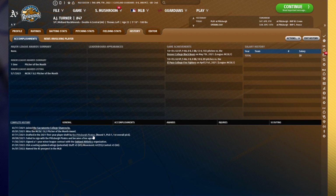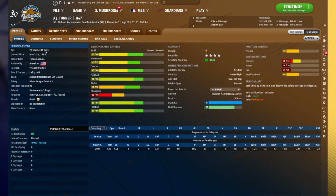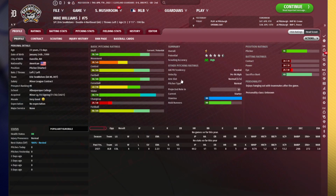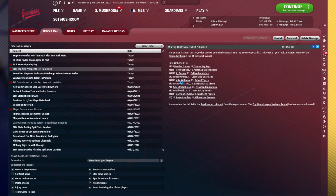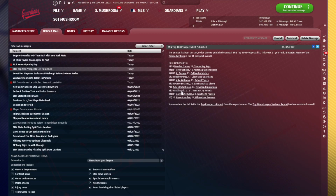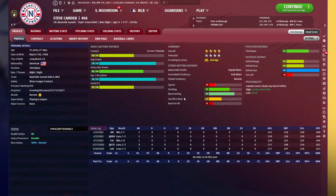He was drafted first overall and did not sign, and then signed a contract with the A's for no money. Bobby Perez still the number 4 prospect. I think we've got to check the free agents list. This is just crazy. I've seen at least a couple of guys that were minor league free agents at the